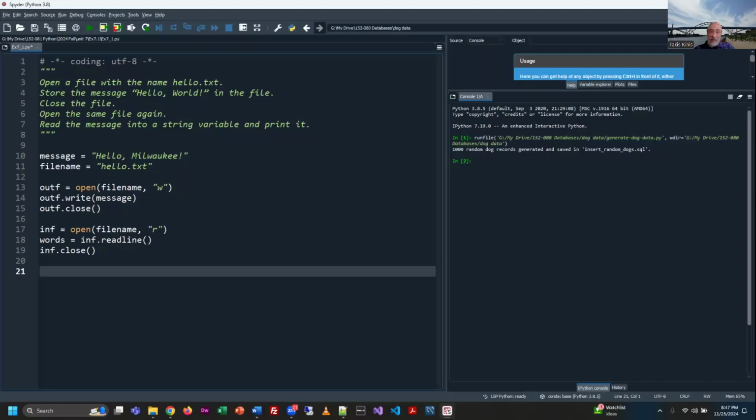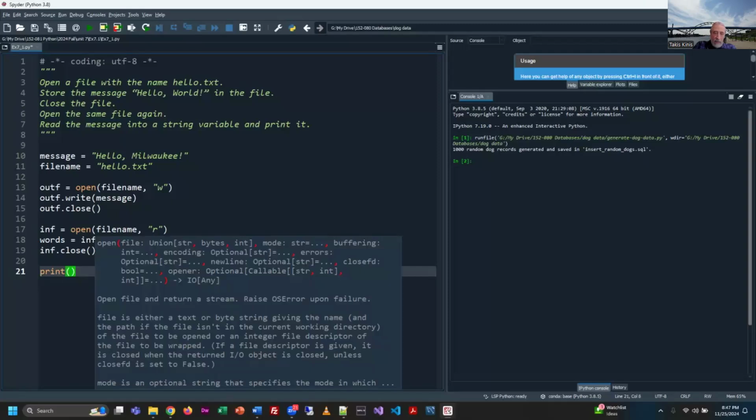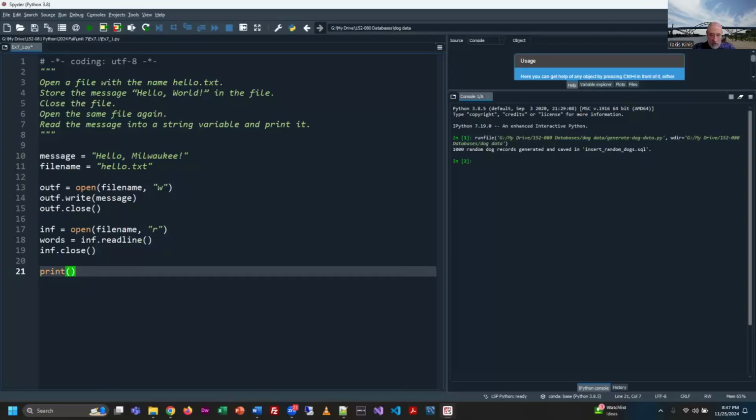All right, so we did the maneuvers. We opened it, wrote to it, closed it, opened it, read it in, and closed it. But now we have to put it on screen. So now I just need a print statement. So I'm going to say print. And you know what? I'm going to use string interpolation here. So I'm going to use the letter F. Excuse me. And I'll say the file name contains